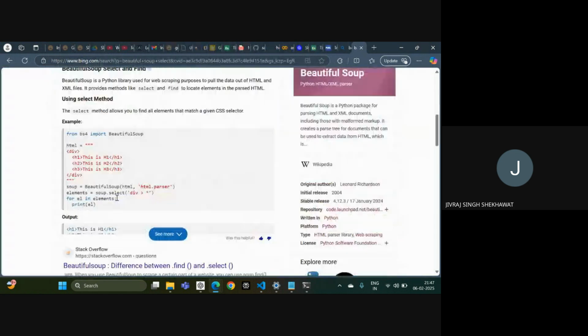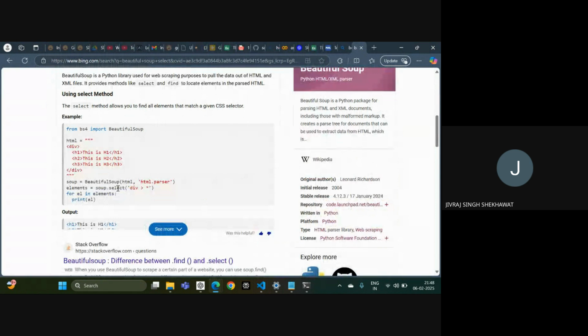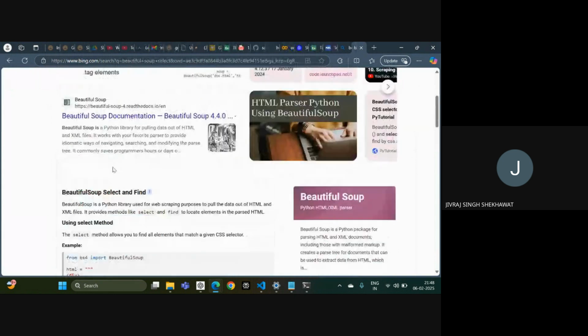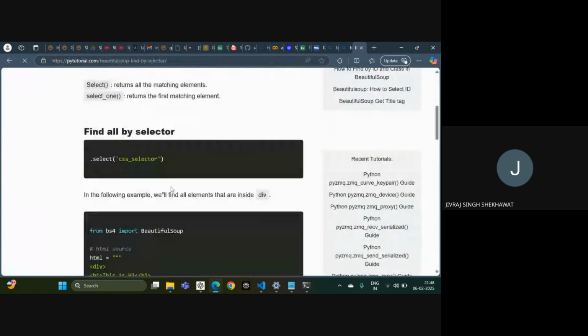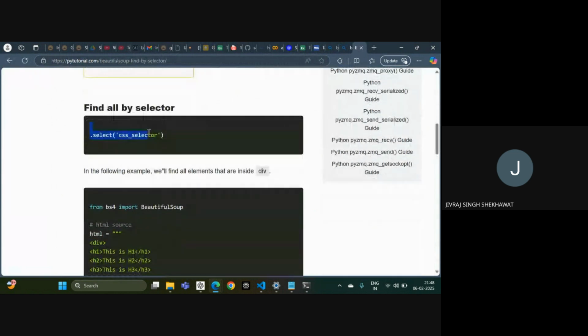I think this is the one that we need to use. Okay, this is from the Python tutorial. Let's go here and dot select,